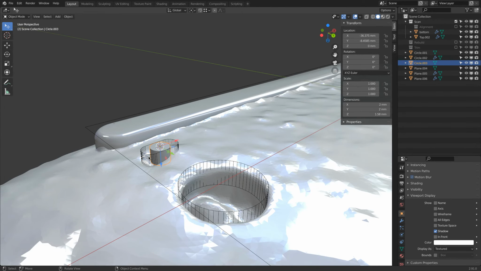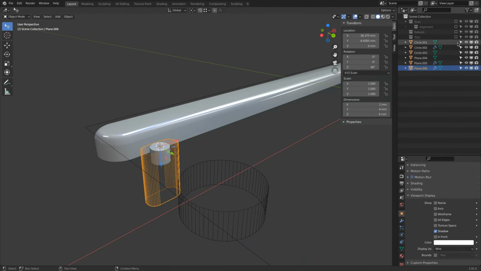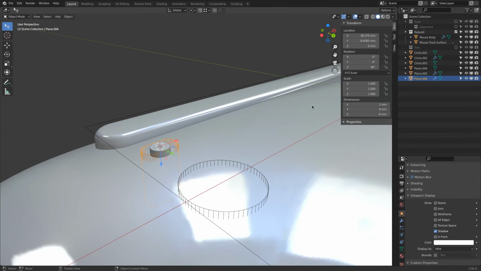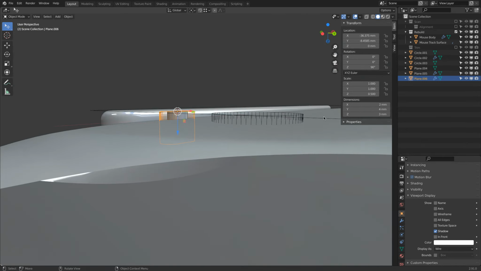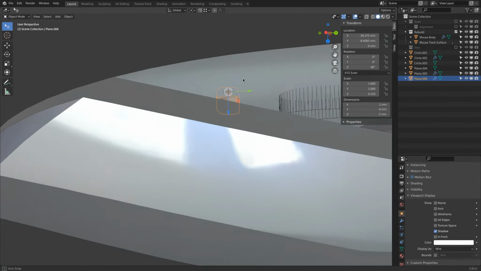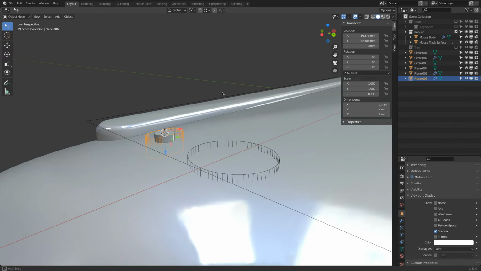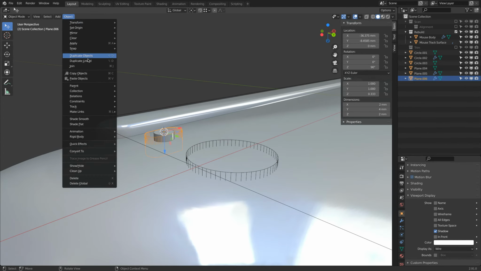So I left edit mode via tab. Select this. This Z maybe. I have to see how far I will sink this one down. 3 millimeters. 2 millimeters. Okay, 2. Let's say 2 are good. Then